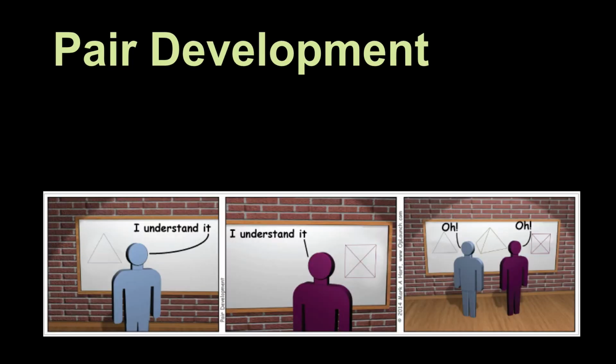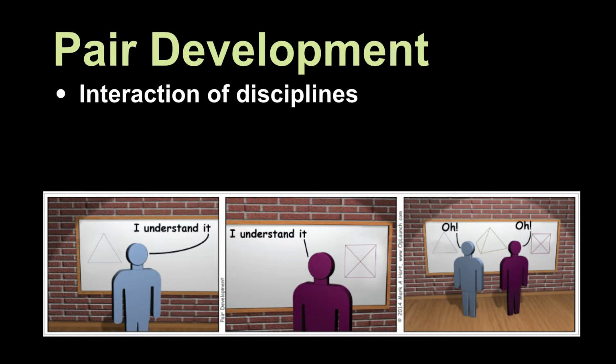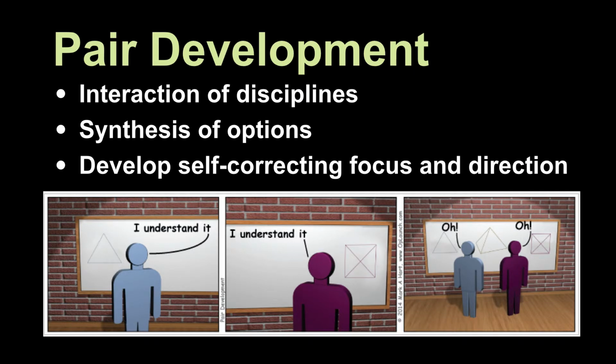Pair development is implemented by facilitating the interaction of individuals of different disciplines, such as a coder and a marketer. Pair development provides an opportunity for interaction that includes activities such as dialogue and sketching. The result of pair development should be the synthesis of options, not a summary of previous activities. Typically, no slide sets are used during these interactions. The purpose of pair development is not cross-training.